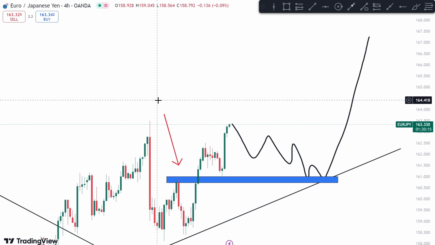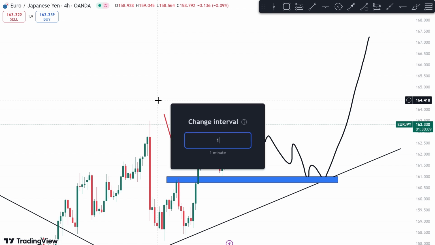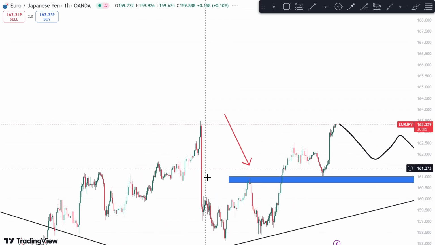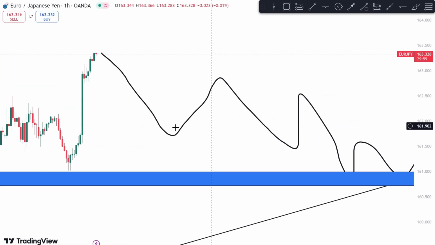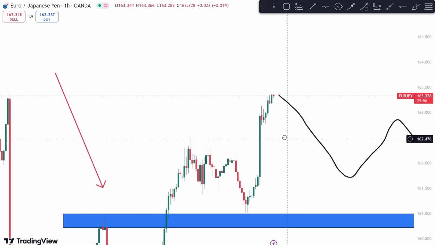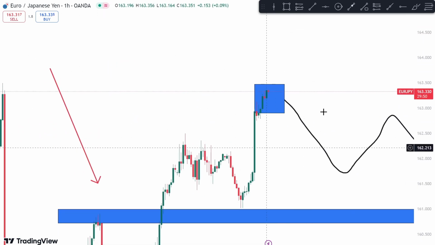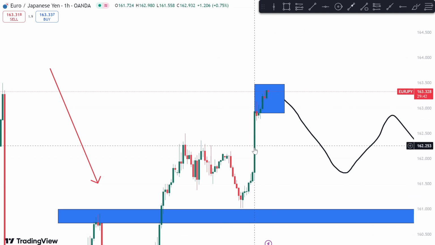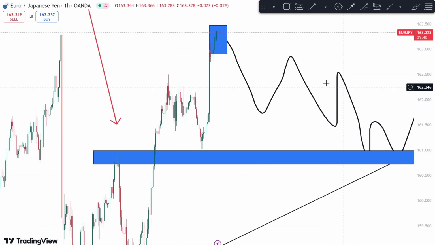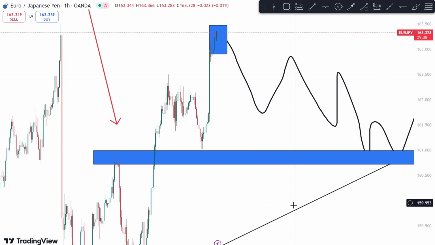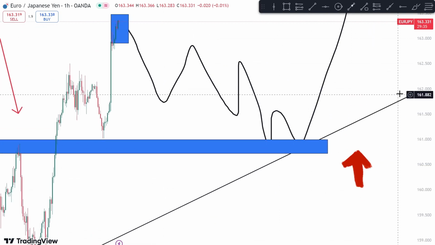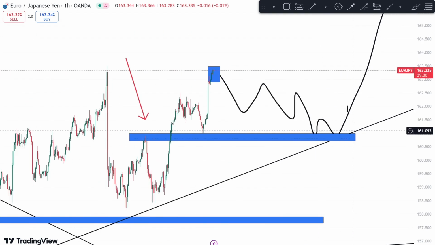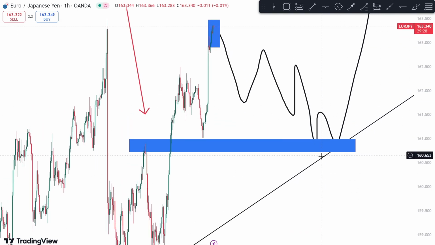Now let's go to an hour chart to see what is happening there and how you would actually go about placing your trades. Now, when we go onto our chart, we can clearly see that price is extremely high, and we want to avoid such moves. You want to make sure that you avoid price at the zone right here, because price is extremely high. You do not want to buy when price is very expensive. You want to wait for price to come back all the way to our support level right here, and that's when we're going to start looking for our buys to push with the market to the upside. And when price eventually comes to this zone, that's when we will take our buy to push with the market